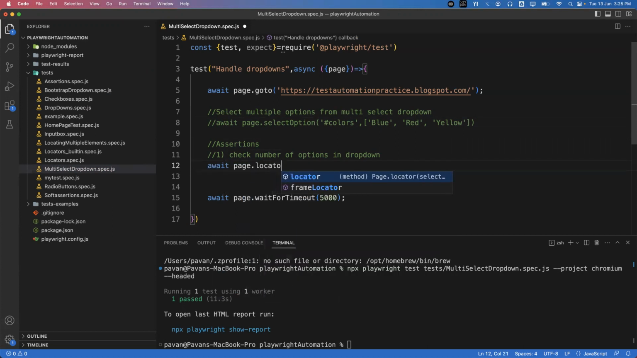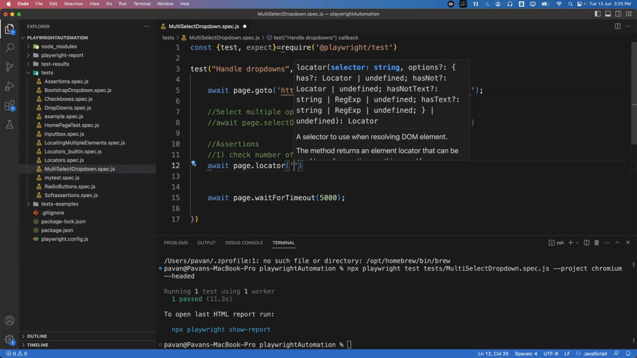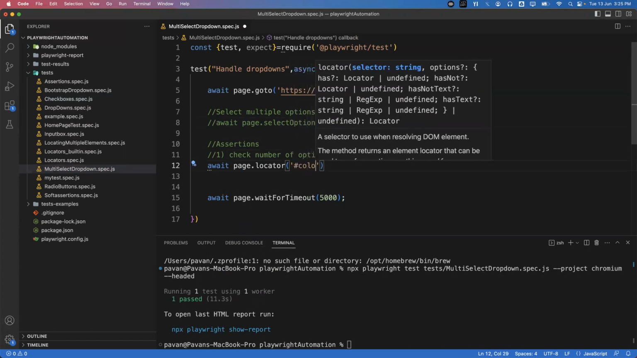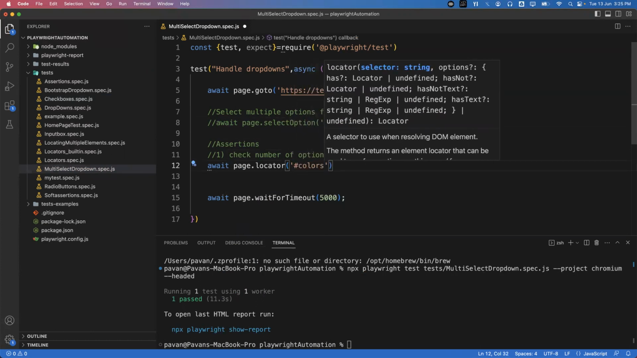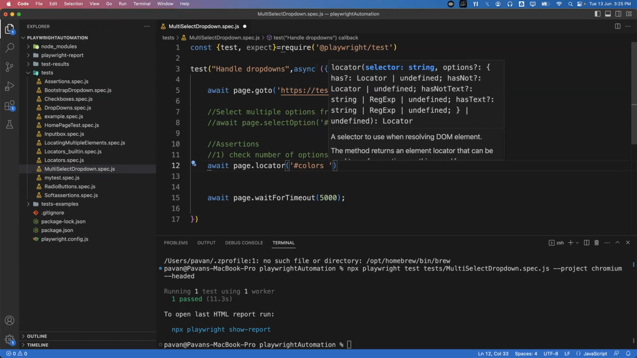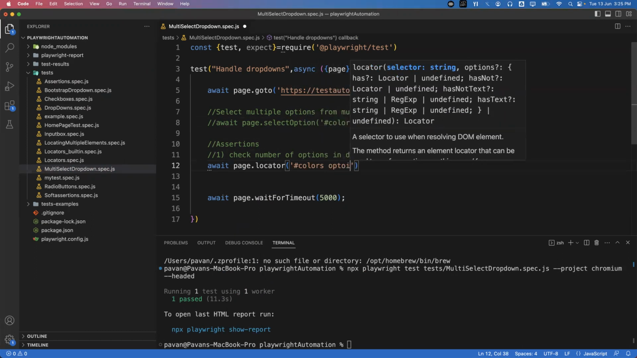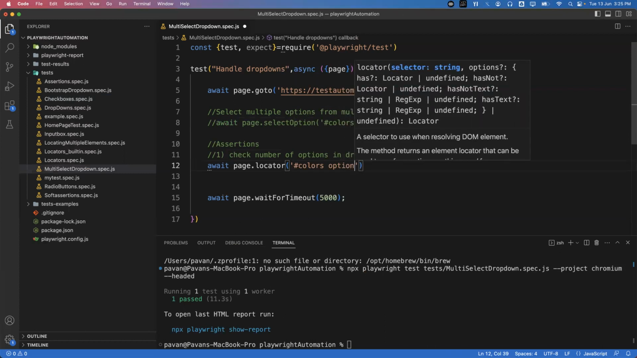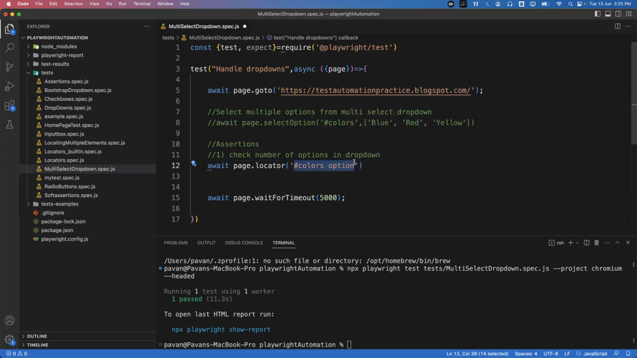page.locator and specify the locator we already used, right? So /colors is the ID of the drop down element. Inside the drop down, there are multiple options. I'm specifying the option tag here so that this particular locator will get all the options or all the items from the drop down, and I'm going to store that in a variable called options,